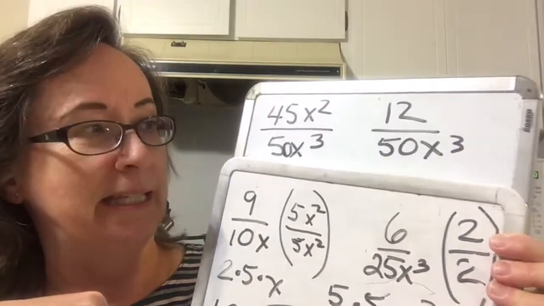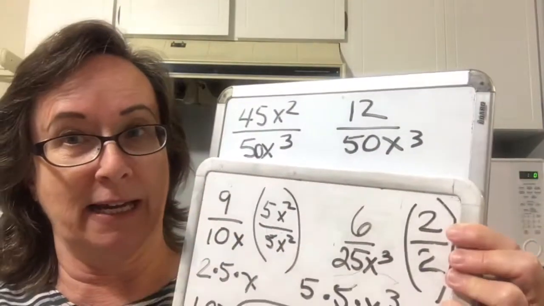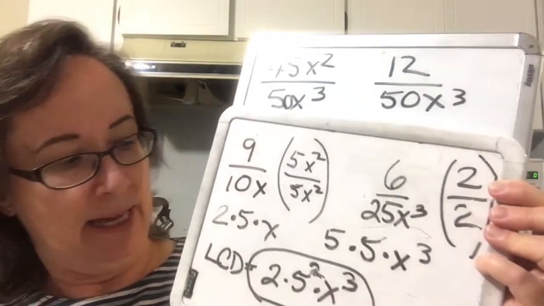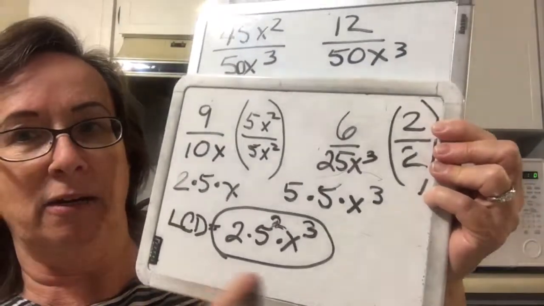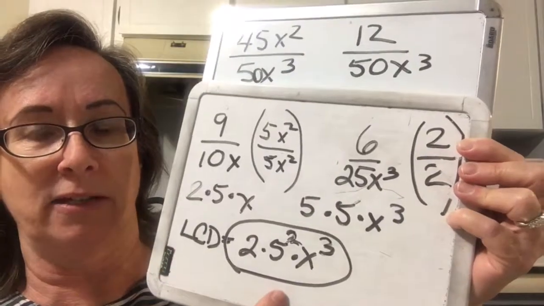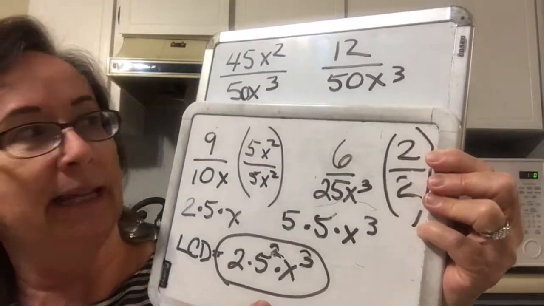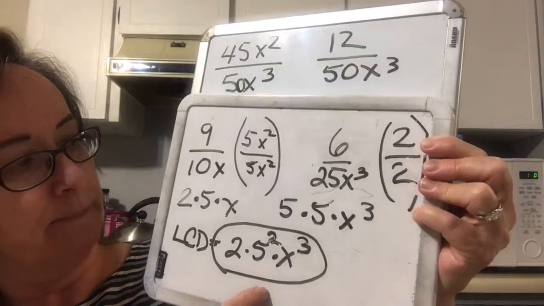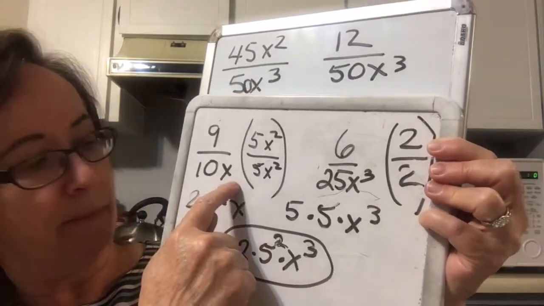So you will often see me, instead of writing 50x cubed, just write LCD, because I always write down LCD and circle it. So basically the steps involved are: factor your denominators,